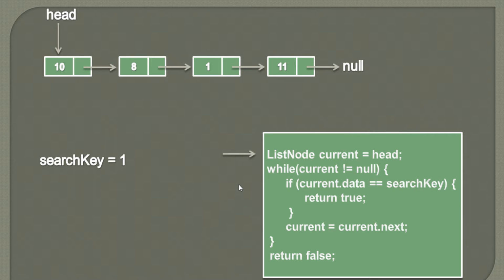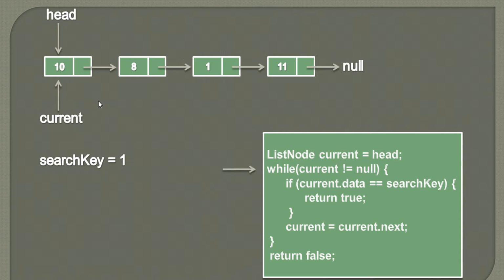So in order to search this key in the singly linked list, we'll first create a node which we'll name current, and this current will point to the head, which is the first node of our linked list. Now moving ahead, the idea behind this algorithm is we will traverse the singly linked list completely till the end, and we'll check the data and match it with the search key, and if they are equal then we'll return true, and if they are not then we'll return false. In a while loop we'll place a condition that current is not equal to null. Till then loop this. Currently this current is pointing to the first node, so it's not null.